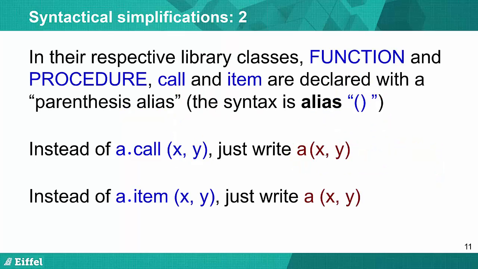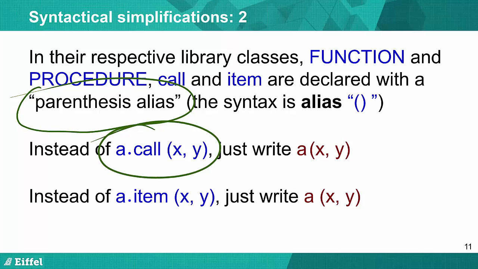And then the second simplification is that in a class, you can have one routine which has the parenthesis alias, meaning that you can call it directly with parentheses. And of course, in class FUNCTION, which is the library class for function agents, and in class PROCEDURE, the other library class for agents, which represents routines, agents associated with routines representing procedures, call in the case of procedure and item in the case of function are declared with this parenthesis alias, meaning that instead of a.call of x and